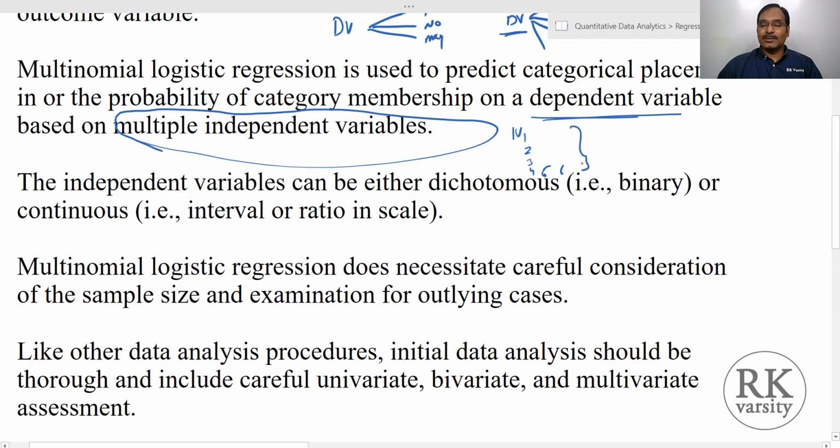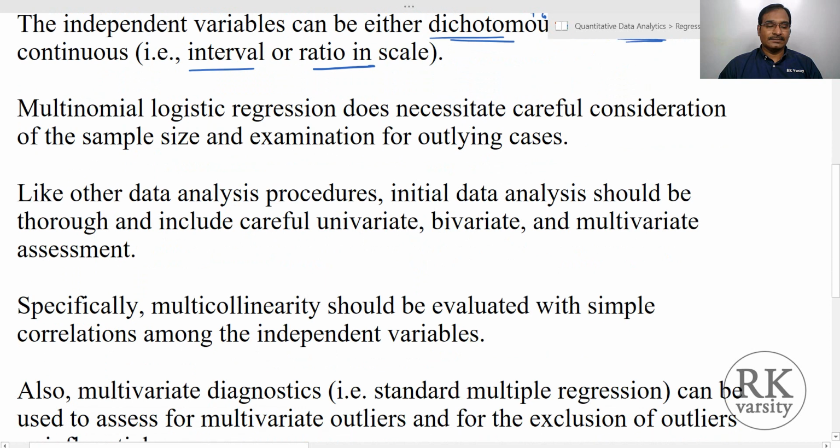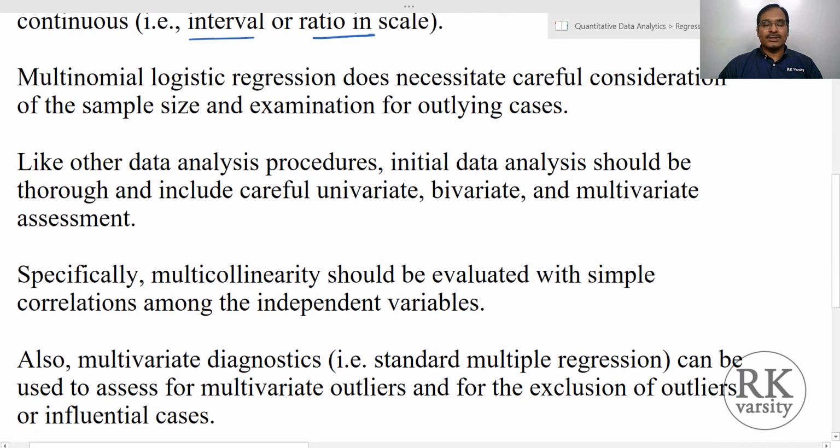And these independent variables can be measured on any scale, like a continuous scale, ratio scale, rank order scale, or nominal scale. Now the independent variables can be either dichotomous, that is binary, or a continuous scale, that is interval or ratio scale. Next, multinomial logistic regression does not necessitate careful consideration of a sample size and